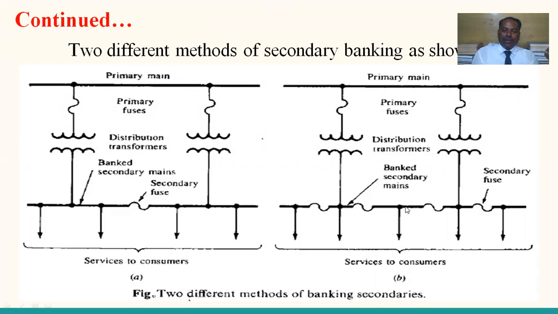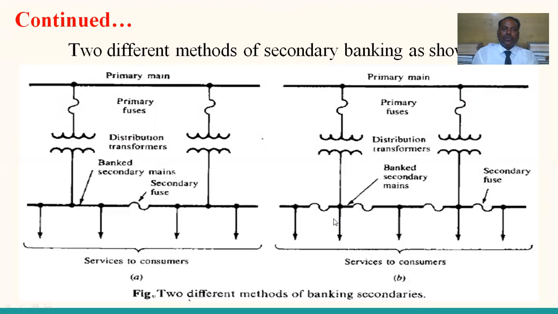So by keeping a number of connecting or disconnecting switches, what are the benefits? Unfortunately, if any section faces trouble, you simply isolate that section from the healthy section, so that you can make the possible repairs or service to the particular faulty section. The remaining sections operate as usual without any interruption. So here only a single secondary piece joins both the distribution transformers. Here multiple pieces are provided for convenient repair and maintenance of the transformer.